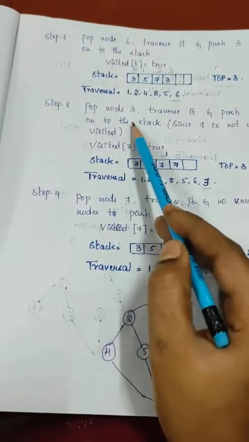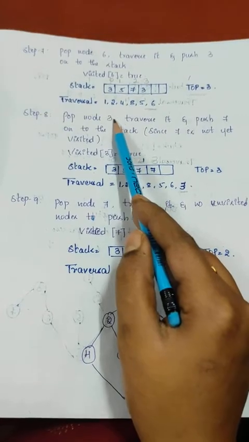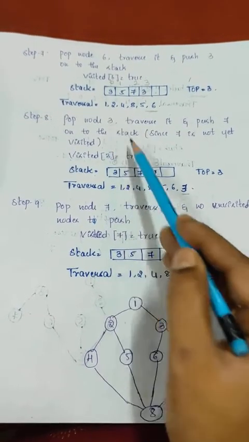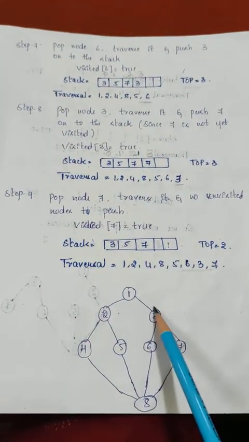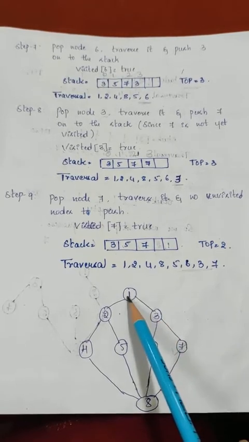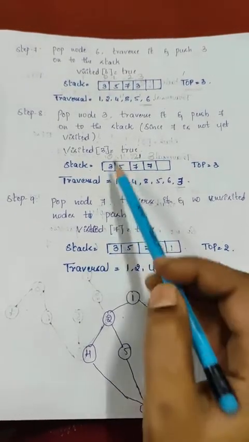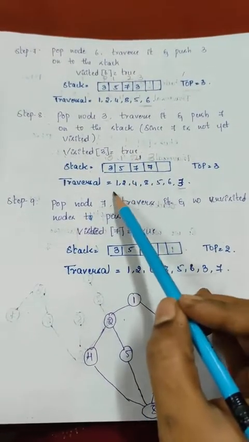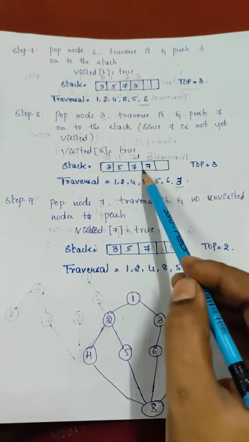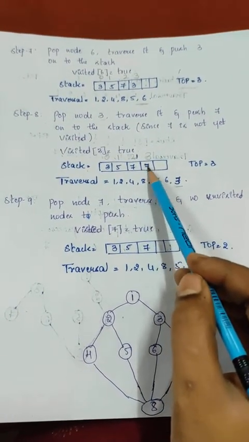Next, which one do you want to delete now? The third element, and then for the third element we'll see where 3 is traveling. 3 is traveling to 1, 6 and 7. 1 is there, 6 is there, and what we left out is 7. So, we are writing 7 in place of 3.